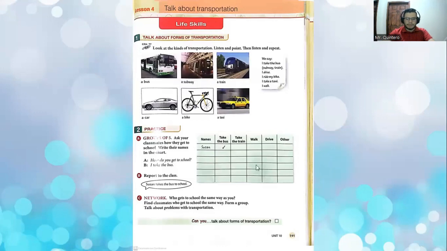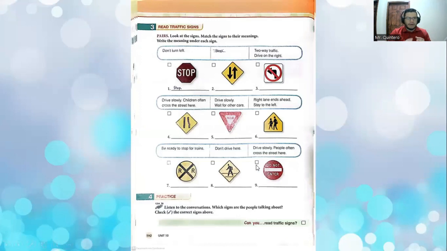Let's advance with the next page. And we have the traffic signs. Look at the signs, match the signs to their meanings. Write the meaning under each sign. For example, we have don't turn left, stop, two-way traffic, drive on the right, drive slowly,